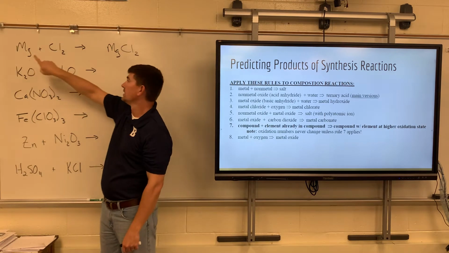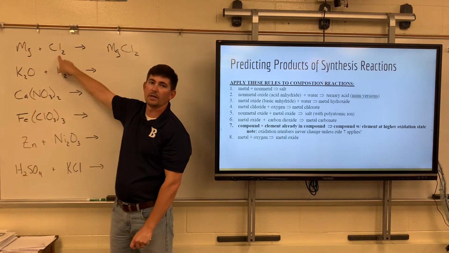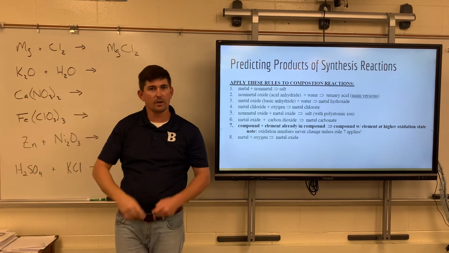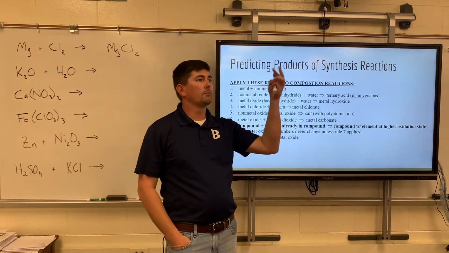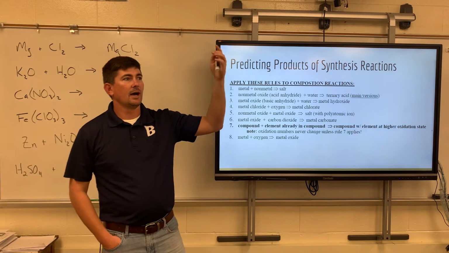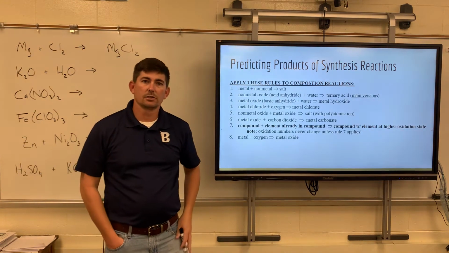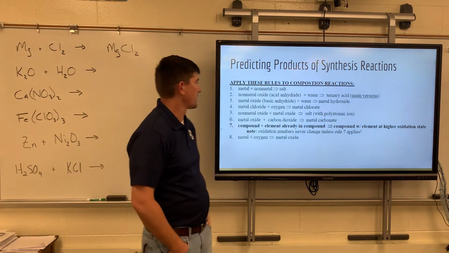And of course, if one of them is a diatomic like chlorine is, then you would put a 2 on it. You have your list of the diatomics, right? It's fluorine, chlorine, bromine, iodine, hydrogen, nitrogen, and oxygen. Those are the 7 diatomics. Okay, so